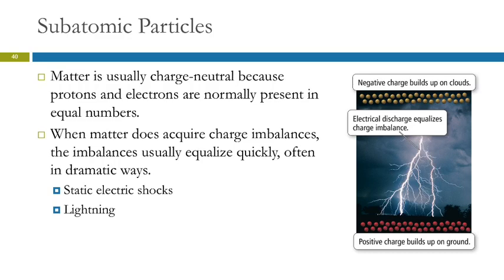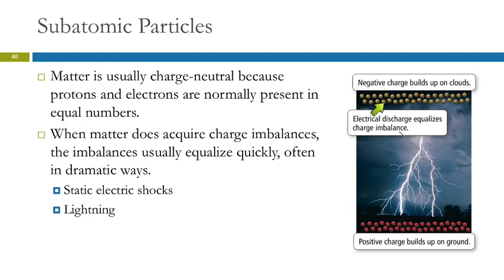So matter is generally charge neutral because the number of protons and electrons that are present in the substance are equal. And so then there's no overall charge. Sometimes, though, we do get an imbalance in charge where we get the protons and the electrons separated. And when you get a charge imbalance like that, it usually stabilizes or equalizes very quickly and often dramatically. An example of this is lightning. So lightning can be loud and scary and